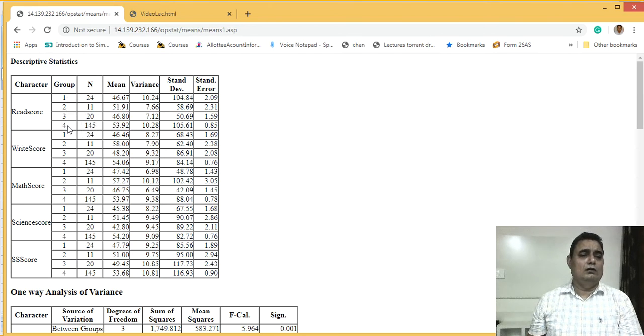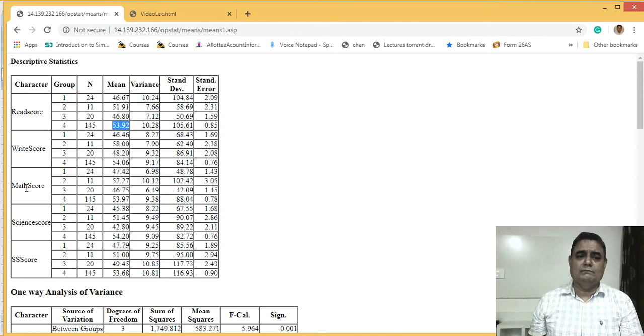Now these are the means of these groups. This is group 1, this is group 2, this is group 3 and this is group 4. Now my question is whether these means differ significantly or not. Under the null hypothesis, I will assume that all the means are equal and I try to reject that null hypothesis.